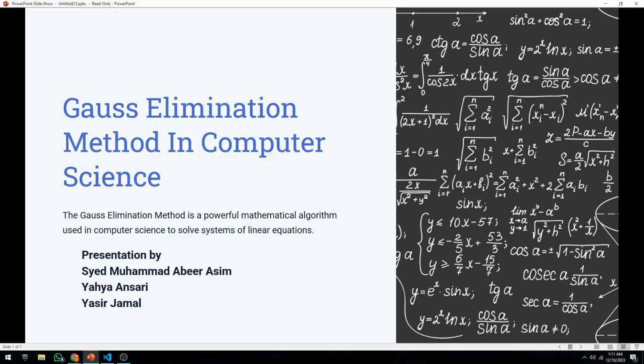First of all, I will introduce you to the topic. The Gauss elimination method is a very powerful mathematical algorithm used in computer science to solve systems of linear equations. And now moving towards the next slide,